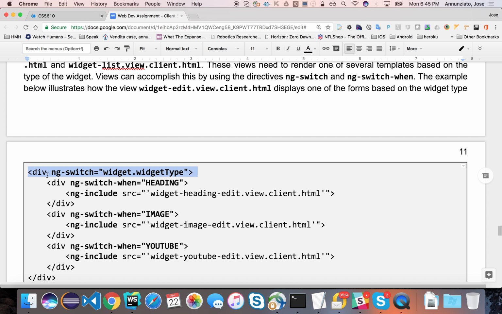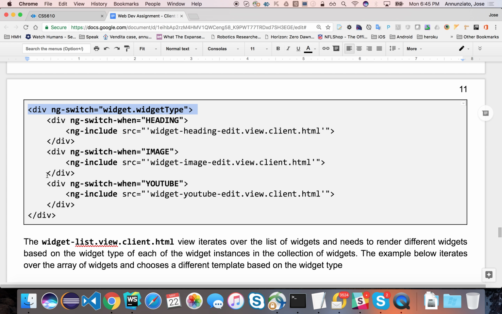Then we feed it the data so that it reconstitutes as its HTML. So we're going to put them in separate HTML documents, and then include them as we go. We're going to iterate over the array of all the widgets, and as we iterate, we're going